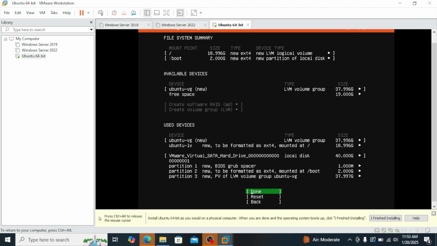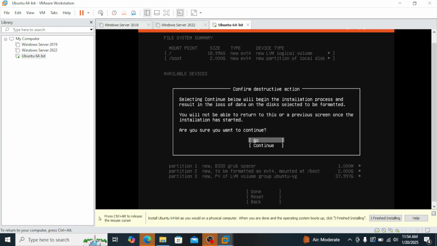and again click on the file system. You see for slash partition it is giving 18 GB and boot partition 2 GB. That should be okay. Click on next. Done. Are you sure you want to continue? Down arrow, click on continue